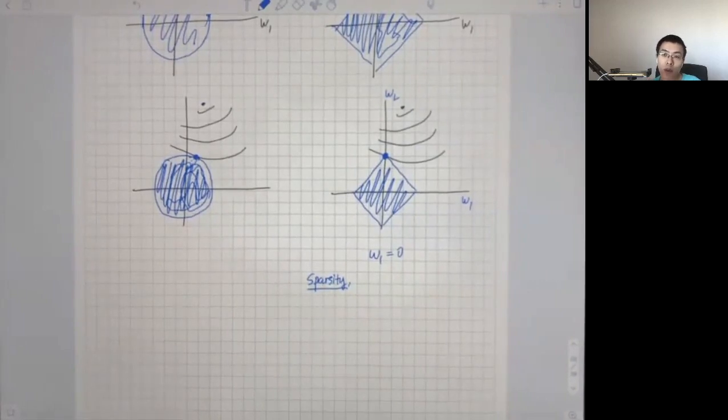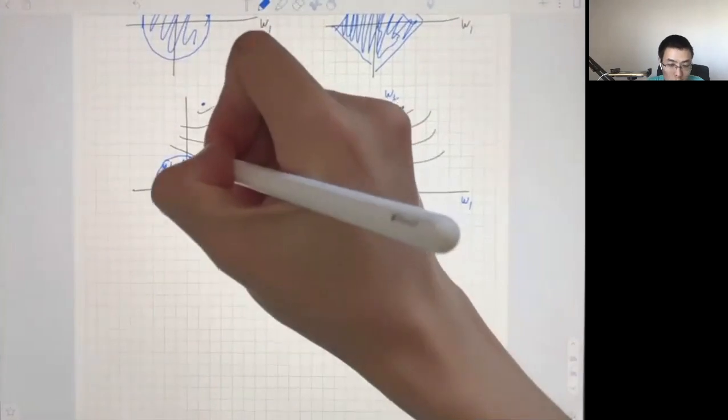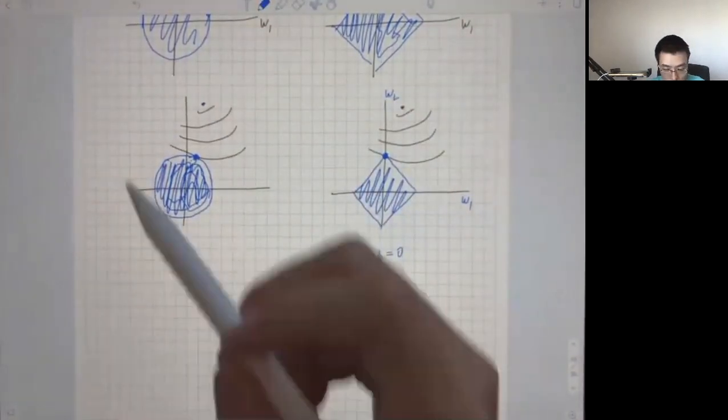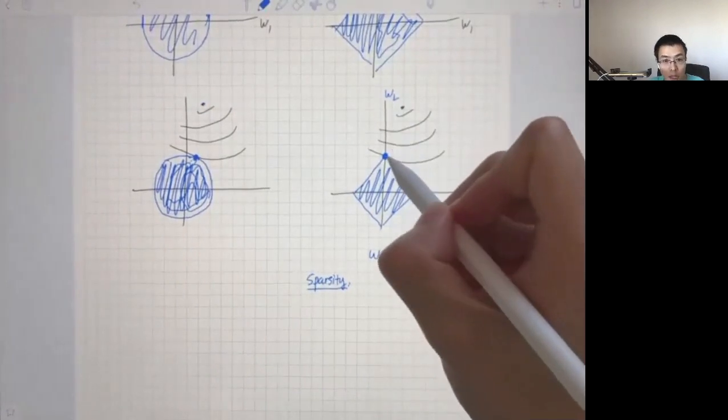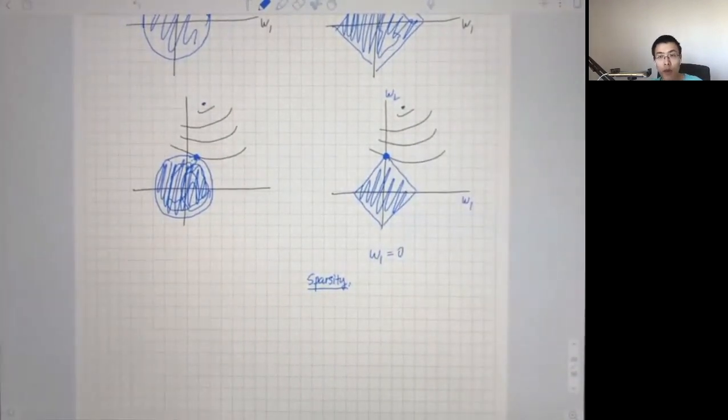It cannot be a small number like 0.001 or minus 0.002. If it's not 0, then it's not sparse. In this case, you may learn some small weight, but it's not sparse because it's not exactly 0. But in this case, this point is exactly 0, you see? So this is known as a sparse solution. And the reason why we care so much about whether this is exactly 0 or not is because